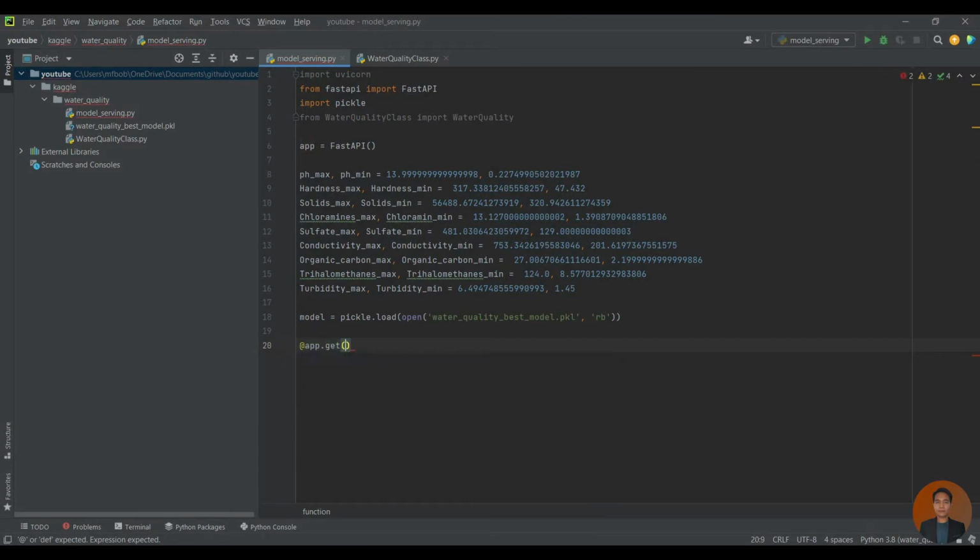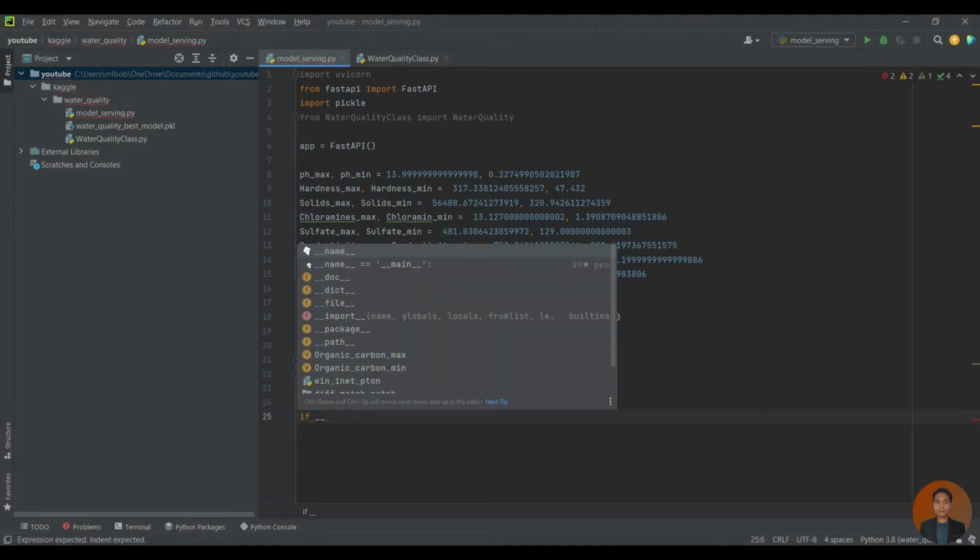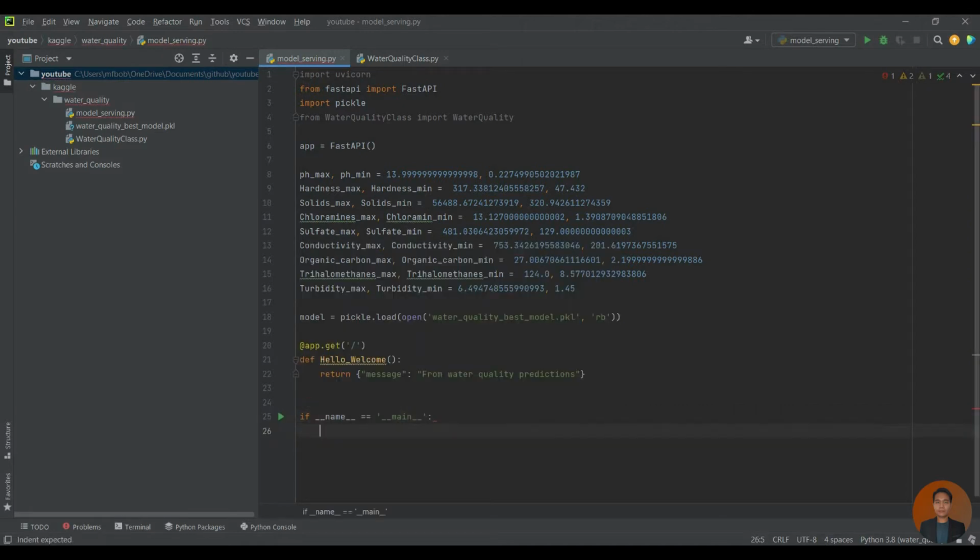So this will always be the default one. I always like to do this just to let people know your program is working. I will always say if __name__ equals __main__, uvicorn.run